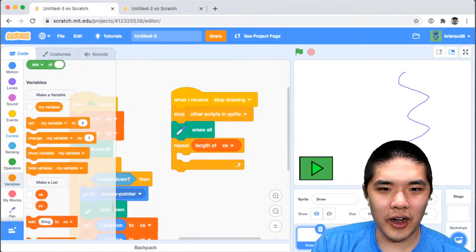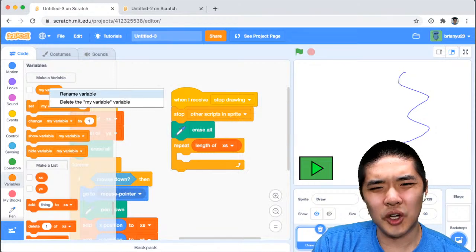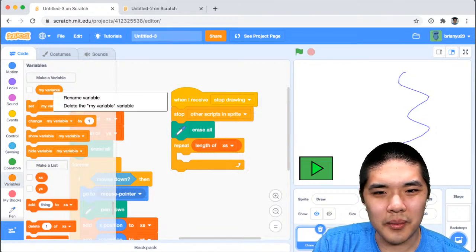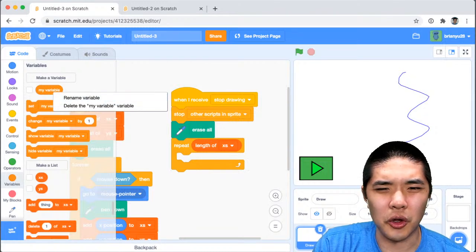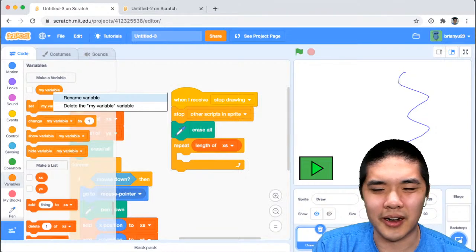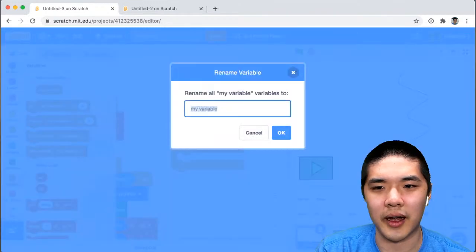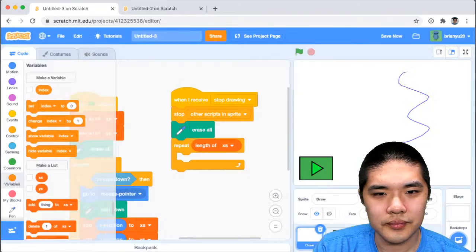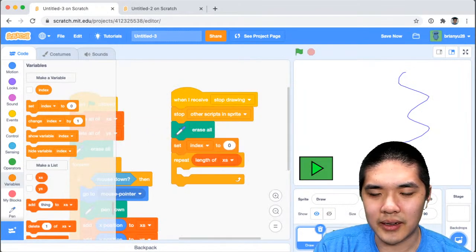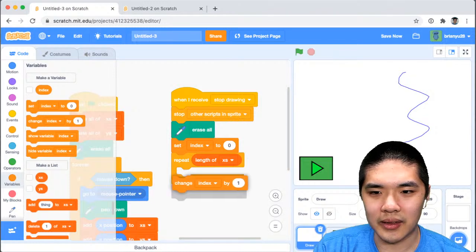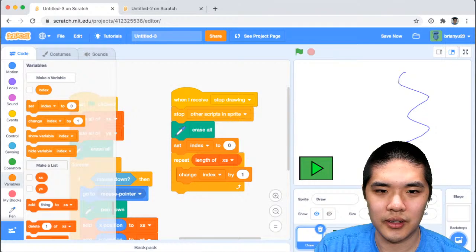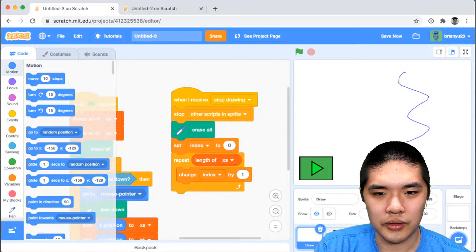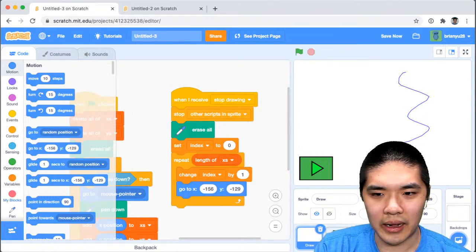All right, so let's create a variable to keep track of my index. I don't really like, personally, that Scratch creates a my variable by default. Maybe there's good reason for it. Maybe just so they can show you what the variable blocks are. But they give you a variable but not a list, so there's some inconsistency there. I'll rename it to index. And we'll start by setting index to 0, and then immediately change index by 1 inside the loop. And so now I can get the x and y position if I go to x and y,